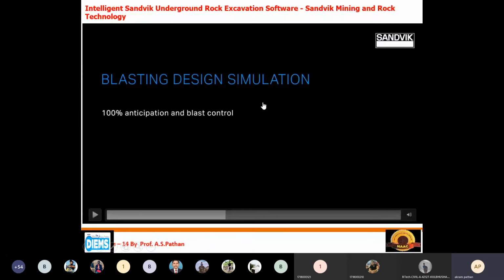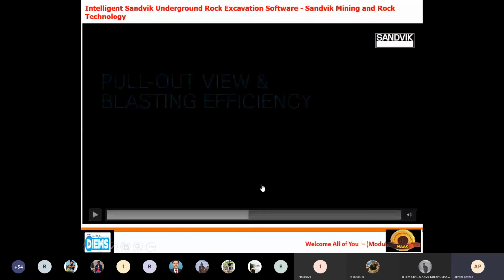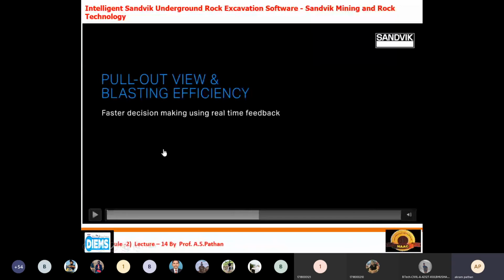This is the most important strength of this scientific software. So simulation we can do. Simulation means how the blasting will happen, and it also has more advantages.